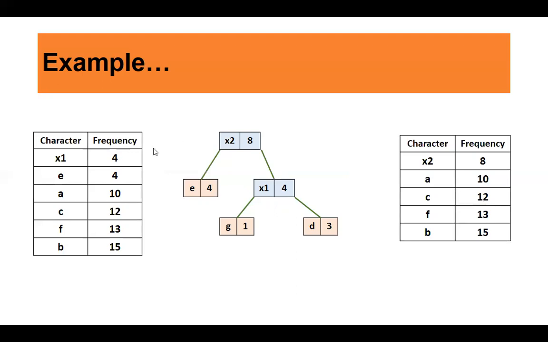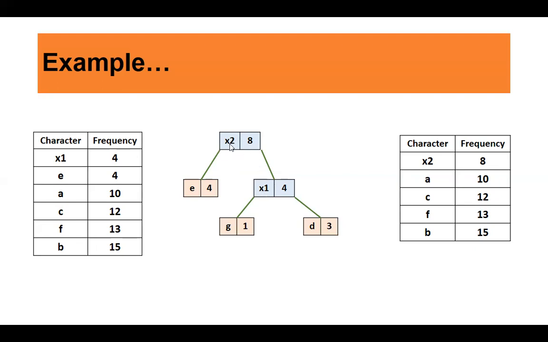Now again we extract the two nodes with the minimum frequencies. Here you have x1, that is internal node 4, and your input node E, with 4. So you extract these two and combine them to form a new internal node, that is x2. x1 is already existing. You add the input node E with the frequency 4 and combine these two nodes using another internal node, x2, by adding the frequencies. So the frequency is 8, that is 4 plus 4. Is it clear? So you extracted x1, you extracted E, and you combine these using a new node, x2.